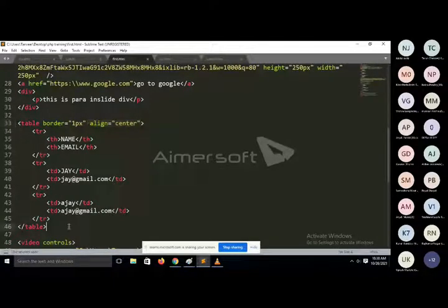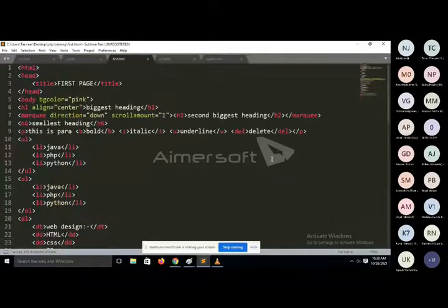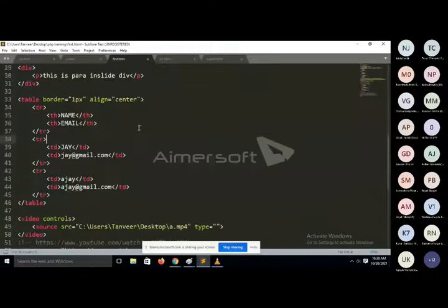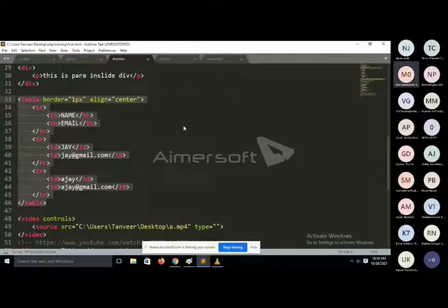It depends on the container. We will consider two types of container. First one is body. If you apply the table directly inside the body, then definitely the align property will work. But if you are using some other container and that container contains some specific CSS code, then it may be possible that the align property will not work. So in that case you will use the center tag. Clear? Yes, sir.